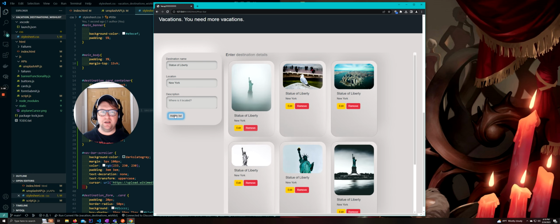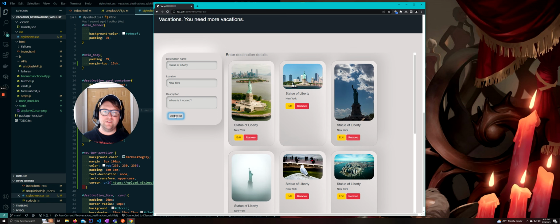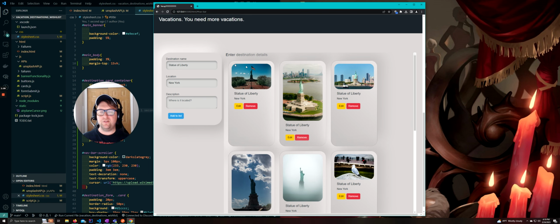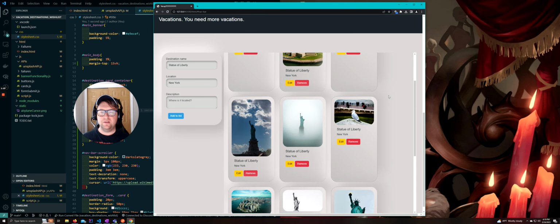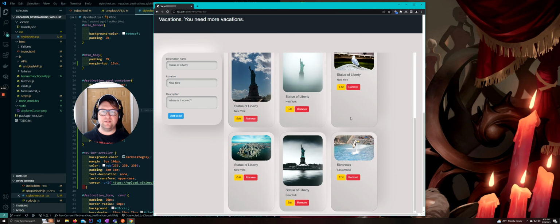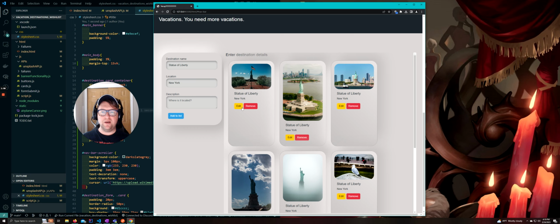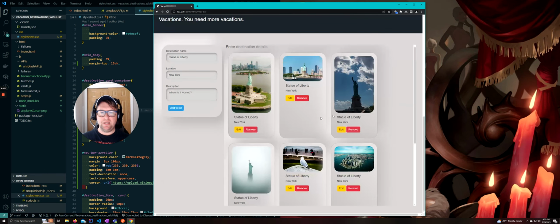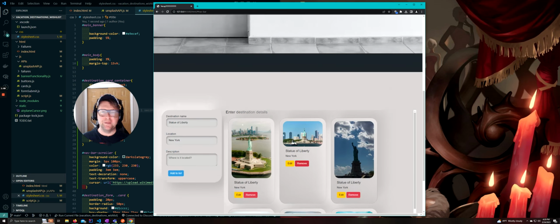The other thing I put in here is that instead of having all the stuff scroll down, the left is going to stay the same, and there's an overflow on the right so that we don't lose our form. Same thing as before, we're able to remove as necessary. Let's say we want to edit this statue: rename, that's not the statue, and then change the location to not New York. We don't care about the description, and it spontaneously disappears. So I have some work to do on it. How funny. Anyway,